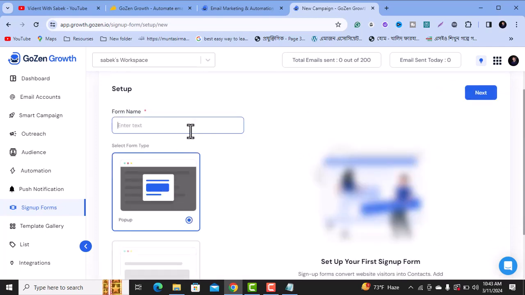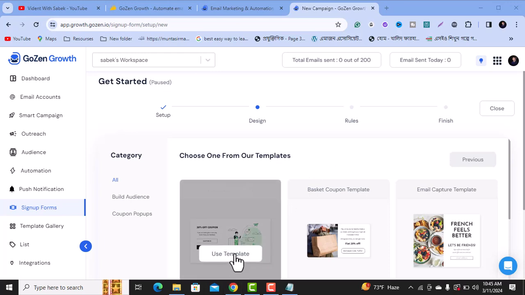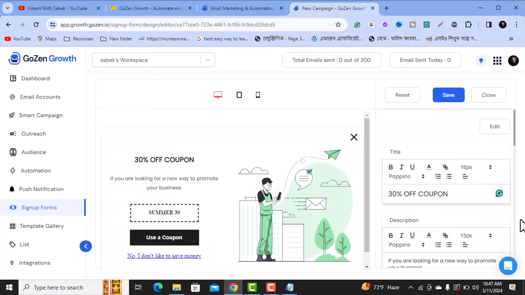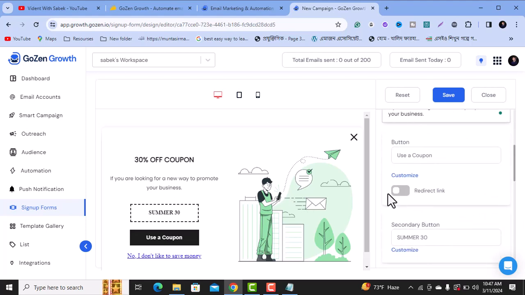First you can write your name. They provide 400 template gallery, guys. You can choose any template whatever you want. I choose this template. You can easily edit your title, description, or delete your button, customize your redirect